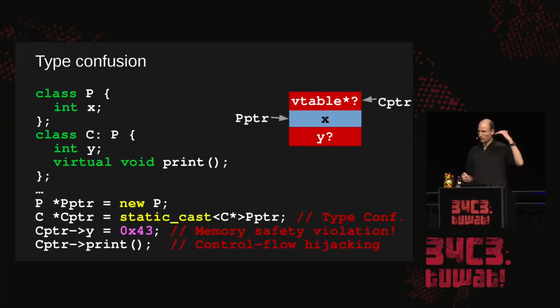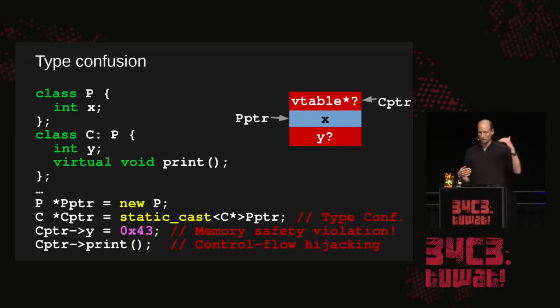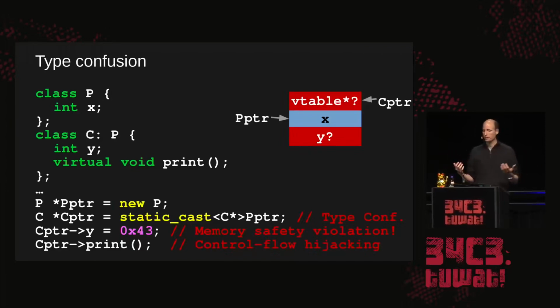And if you look at the chain of violations, the type confusion is the first thing that happens that violates the integrity of the underlying application. And this is the initial entry vector for an attacker to abuse this underlying bug, this type confusion bug. And this can then be used as a memory safety violation, or then for control flow hijacking. Now, how do we use this vulnerability type to build an exploit primitive?